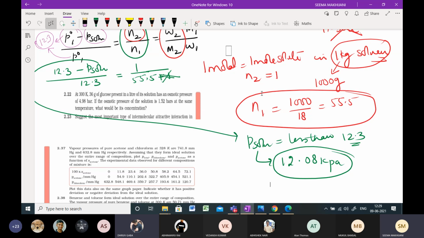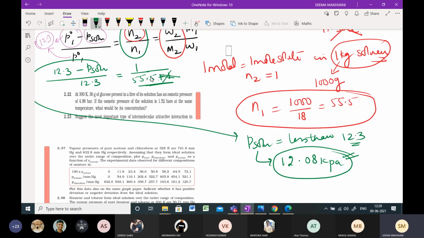Actually, I would advise that even if you do it this way, it is okay. In your entrances, this is your value, which is a quicker calculation. But if this is the value, you should mark it. If you feel the other value is coming slightly lower, why would it be lower? Because in the denominator, instead of 55.5, adding 1 it will be 56.5. So the value will be slightly lower, but it will be in the range of 12. So that is fine. Is that okay?